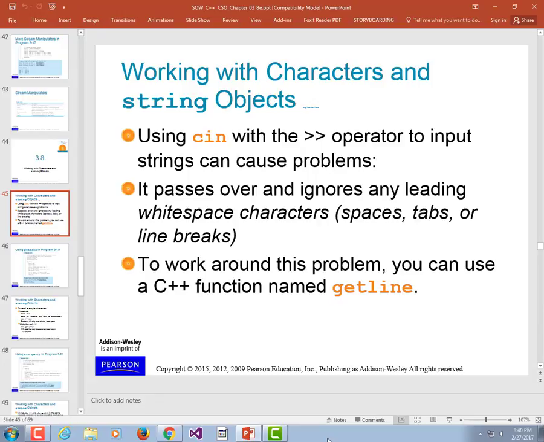Working with characters and string objects. So when you use cin, we've been dealing pretty much with numbers. Maybe we asked for our name and printed our name out, like on the very first day of class. Since then, I don't think we've been using cin with strings. And what are strings? Letters, words, names, addresses, that kind of stuff. cin lets you fill in strings as easily as anything else, but it doesn't let you type in spaces, like first name, last name, because it does what's called tokenizing. Parsing. It ignores all the white space, so that if I did this,